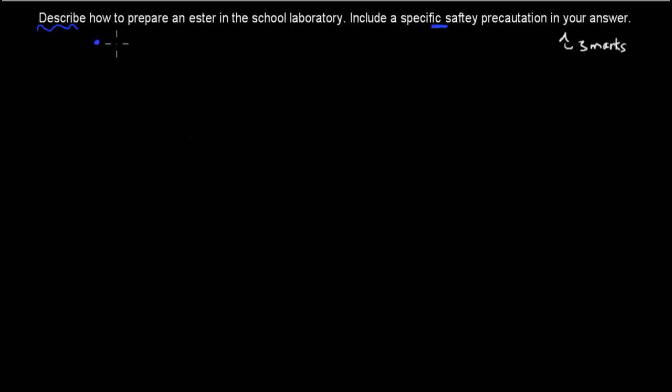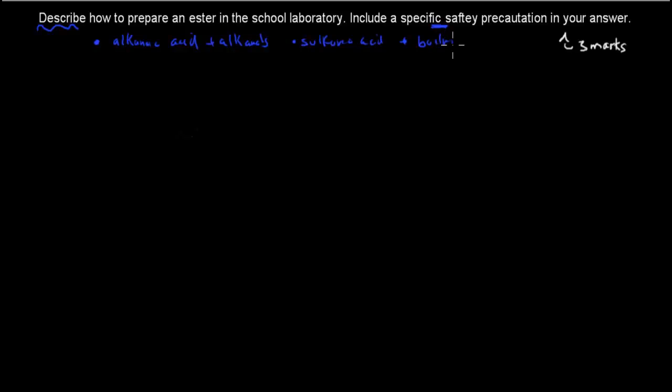So we've got an alkanoic acid and an alkanol in a flask. You should maybe have also named which alkanol and which alkanoic acid you used, possibly even the amount, if you can remember the amount that you used as well. Then you would have added a catalyst, so sulfuric acid. Then you would have also added boiling